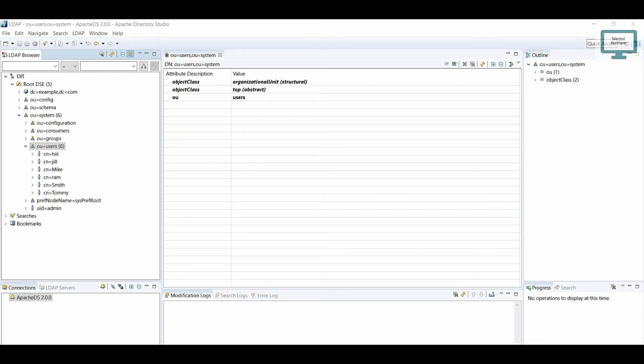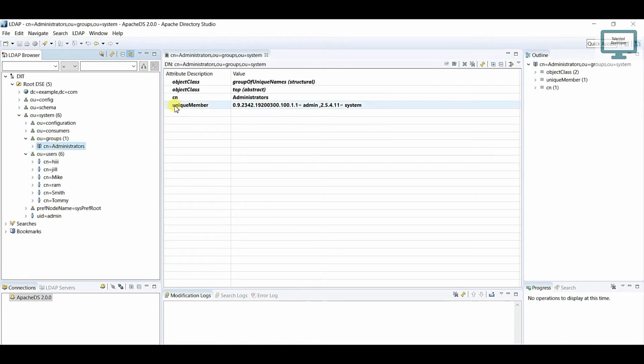In last tutorial we have seen how to add and how to delete user. So in this tutorial we are going to see how to add any user to the group. If you click here, you can see there is one attribute named uniqueMember, and if you see the value, this value is the UID member value. So now what we will do, we will take this user and we will try to add it into this group.